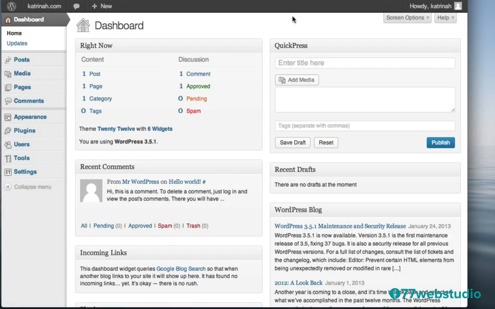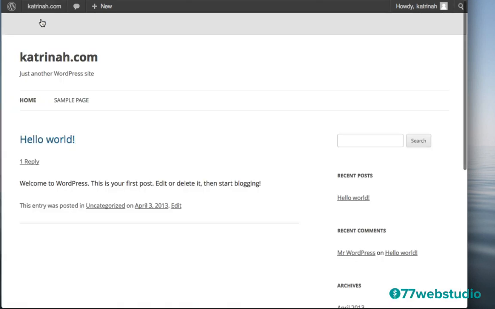So here we are on the dashboard. Let's take a look at what the website looks like right out of the box when we first install WordPress. So to see the site, I'm going to go up to the top left-hand side and click on Visit Site right underneath the name of the website. So right here where it says Visit Site, I'm going to click on that. And here we see this is what the website looks like now without doing anything. So it's pretty bare bones.